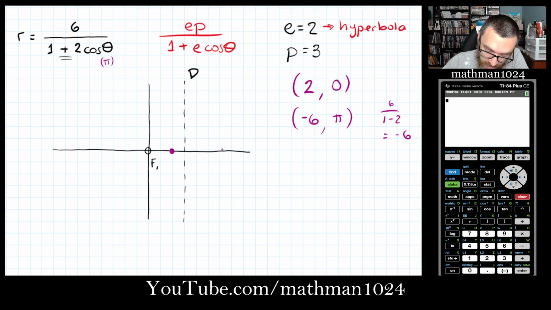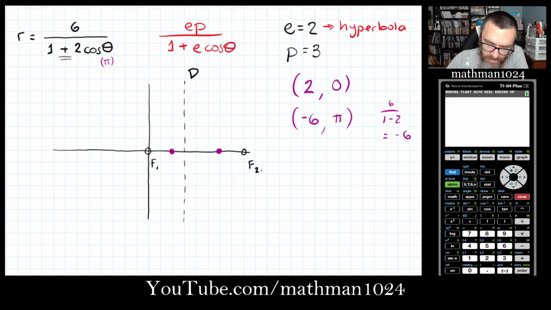So 3, 4, 5, and 6. And so what we have here will be our 2 vertices. Now notice that for this vertex, your focus is 2 units to the left. So the other focus would have to be over here 2 units to the right. Hopefully that makes sense. This is going to be our second focus,